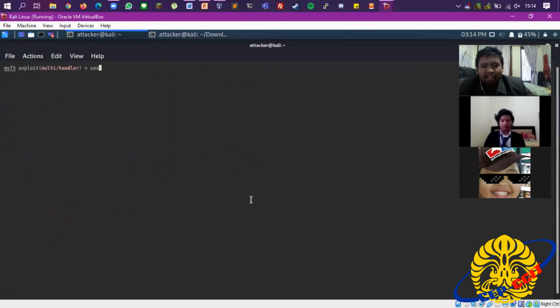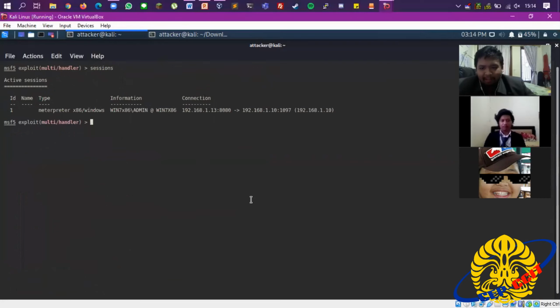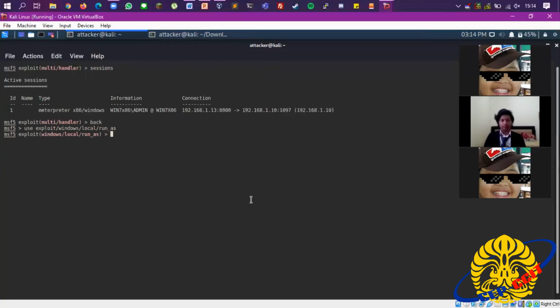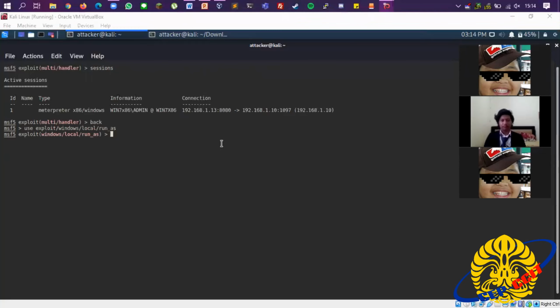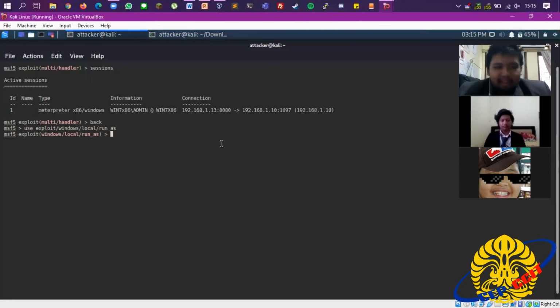So now our session is saved as ID 1. To get the administrator privilege, we're going to use another exploit module. In this scenario, we already know the password of the target system.